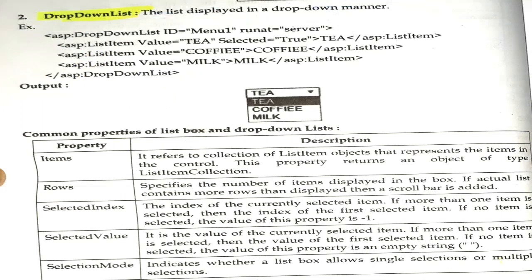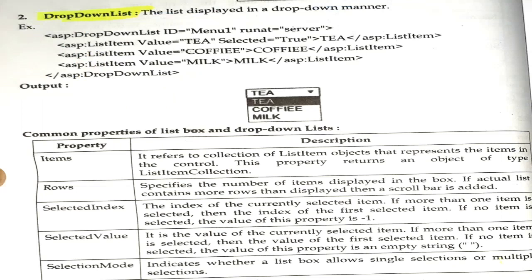The next control is the drop down list control. As we have already seen, there is a difference between the list box and the drop down list control. Whenever we want to create a drop down list, we use the drop down list control, and again to add the elements we use the list item control. The same elements which we added in the list box I have added in the drop down list control also. The actual working of the drop down list control will definitely be clear to you in the execution part.